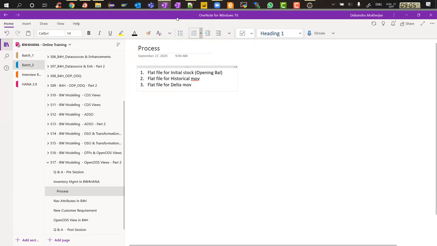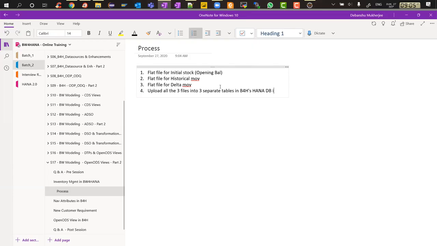Okay, and then first we will load this, we load this, and we load this. So we are going to create, then we'll upload all the 3 files into 3 separate tables in BW HANADB